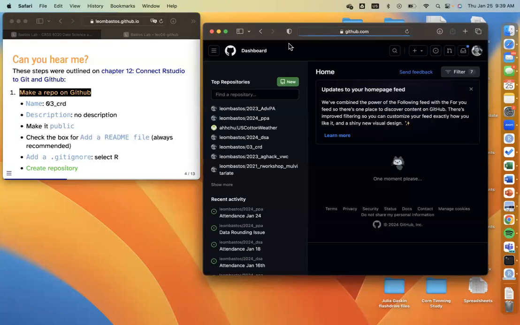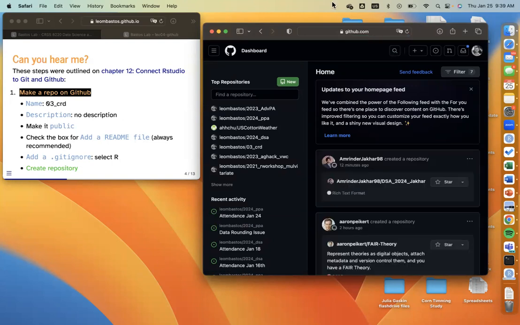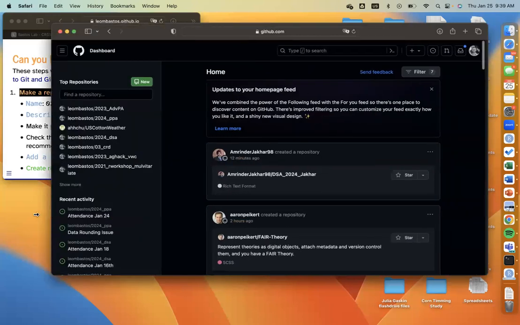So I'm just going to go on github.com. You should be on your main profile page, kind of like what I'm seeing here. You don't need to be inside of the class repo, so we're not talking about the class repo at this point, right? If you're not seeing this page, there's probably